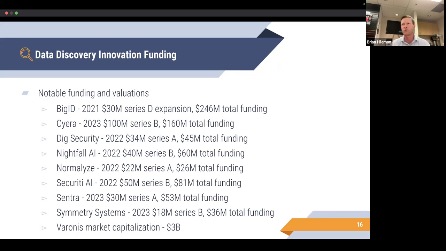They're sitting at about a $3 billion market cap. So while I think there's going to be more acquisitions, you'll probably see maybe a few of the pure play vendors come out on top. So I do think we'll see some more acquisition taking place in this space, but I don't think it's going anywhere. I think that DSPM, and if it gets rebranded to something else, I think this is absolutely going